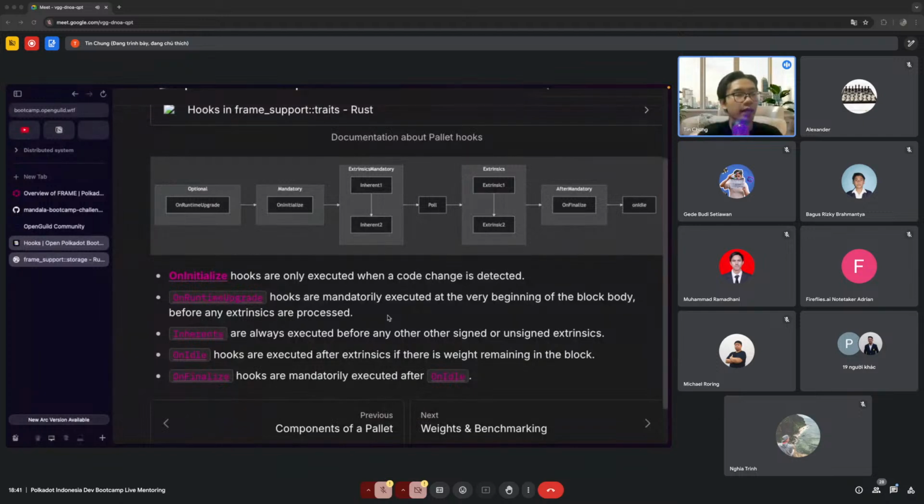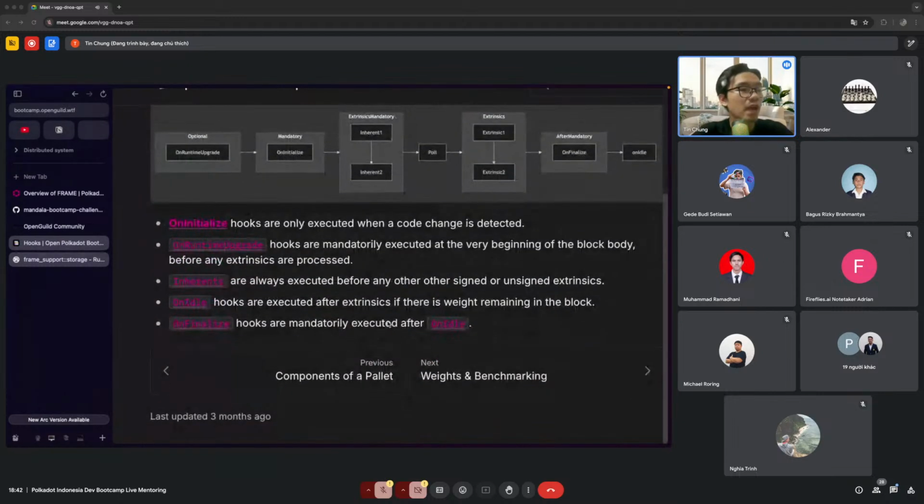If you define that in the pallet, for example, whenever a new block is constructed you want to distribute funds to some set of accounts, then you can define that in the on initialize hook. You also have the hook called on finalize. On finalize is similar to on initialize, but in a different way.